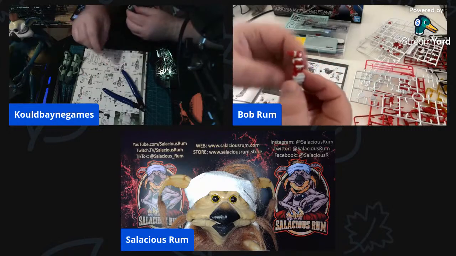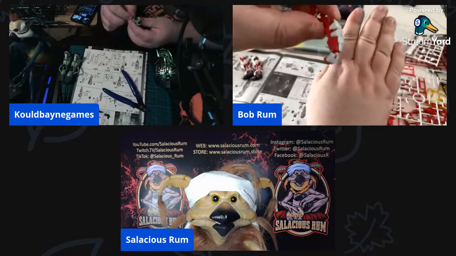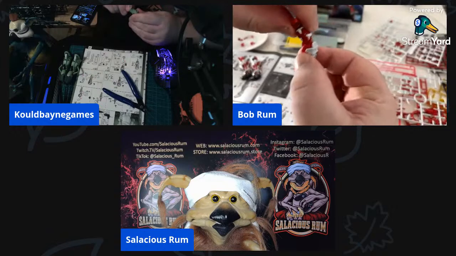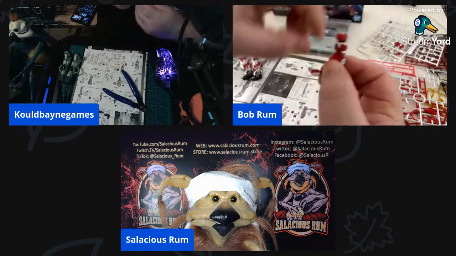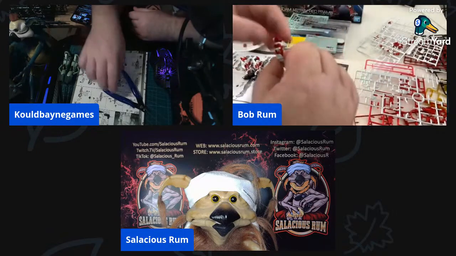Nice. Mine's almost done. I just got to put the hands on it. That looks good. I really do like your kit. So that's his fist. Elbow articulation. That's really awesome. Wrist articulation. All right, now I've got to cut out